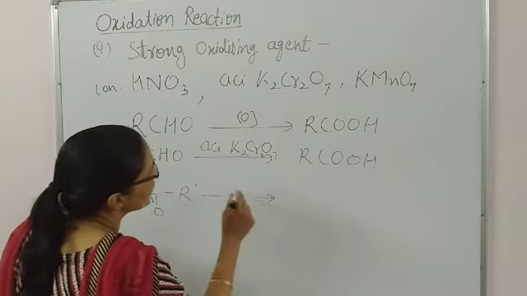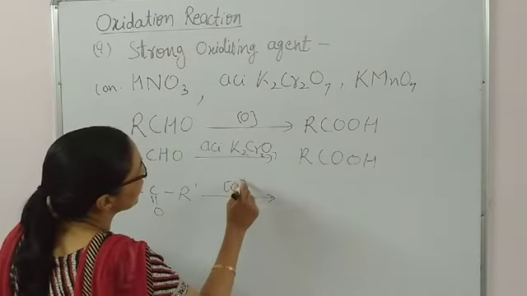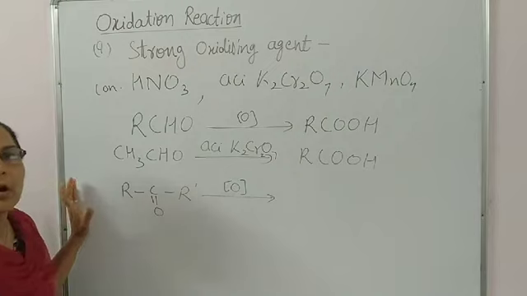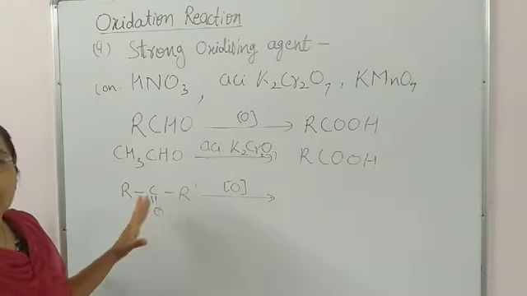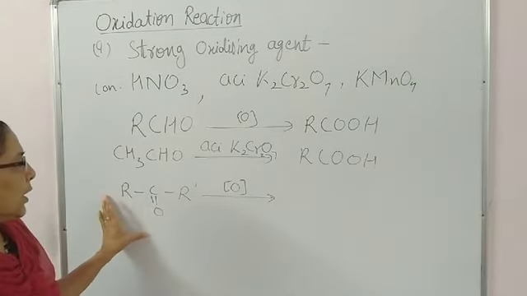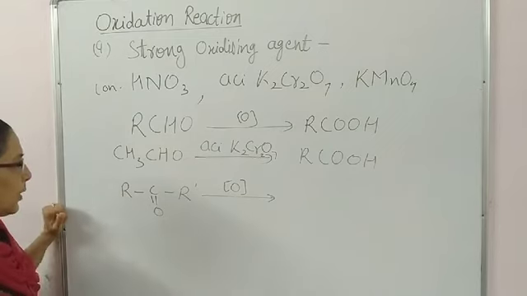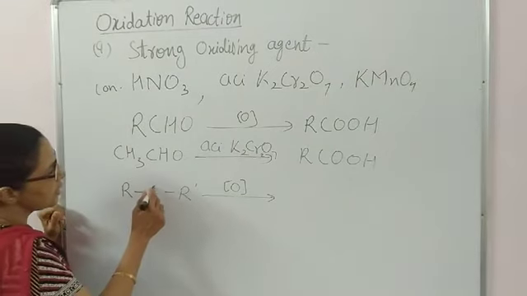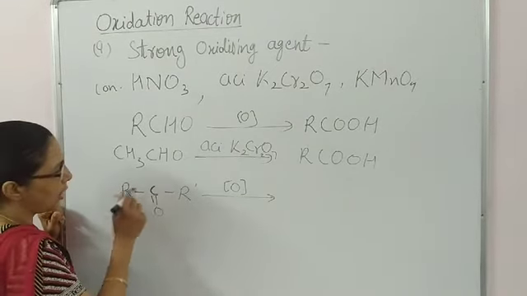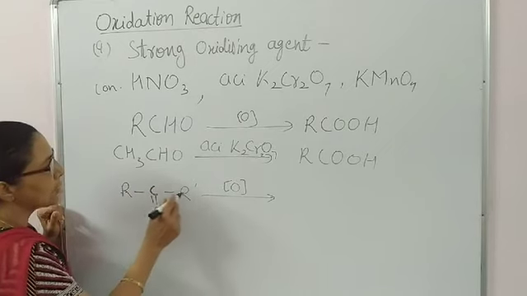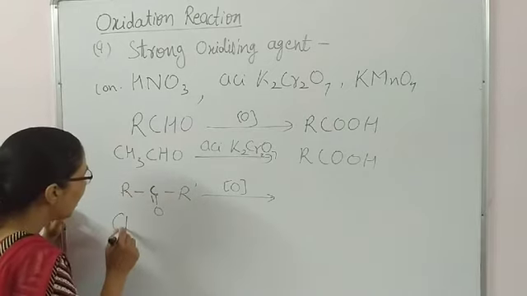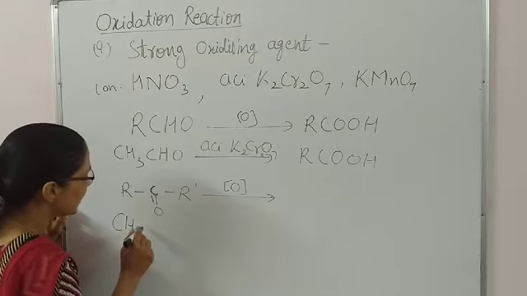When treated with a strong oxidizing agent, there will be formation of carboxylic acid with a lesser number of carbon. How? Because this CO, if both R and R' have a similar type of group, for example